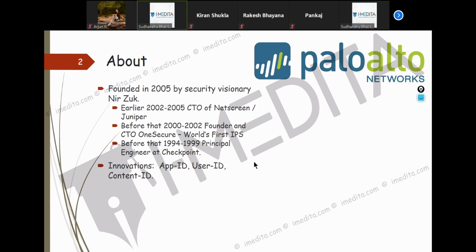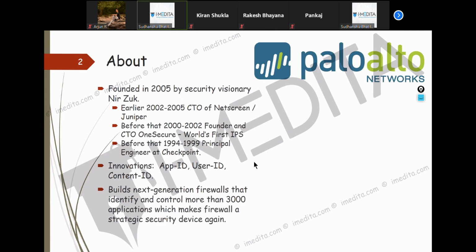But I'll discuss some mixed things, like what is different compared to a Checkpoint, so that you have a basic idea of what the architectural difference is between a UTM and a next generation firewall. Okay, so that you have a better idea. This is something we'll spend around 2 hours minimum on each of them, and specifically on Content-ID, we'll spend around, I think, 4 hours studying this. So I'll not get into explaining all of them right now.